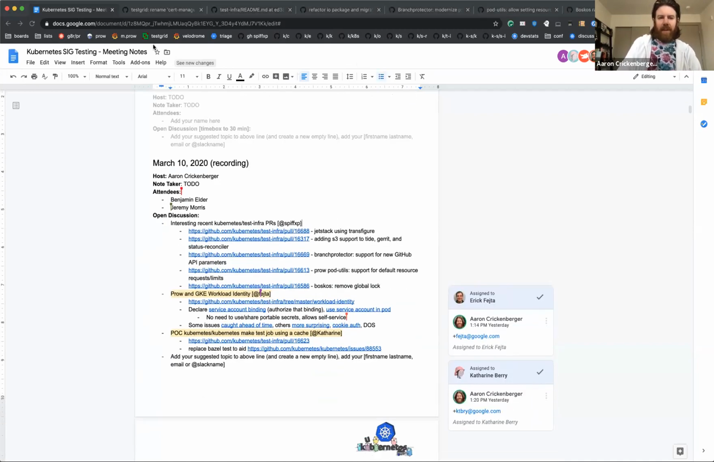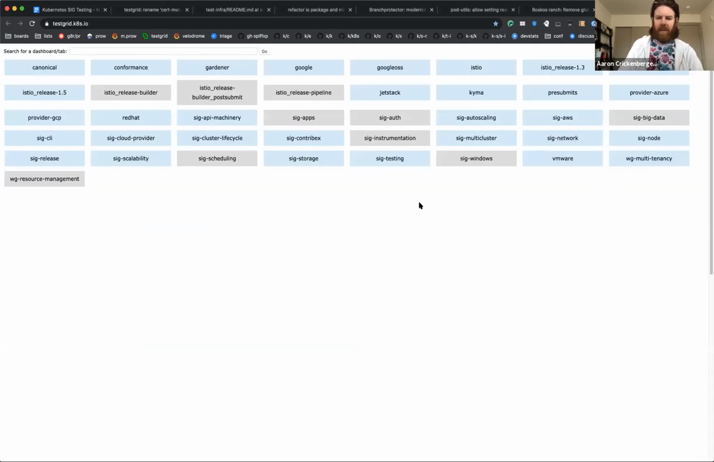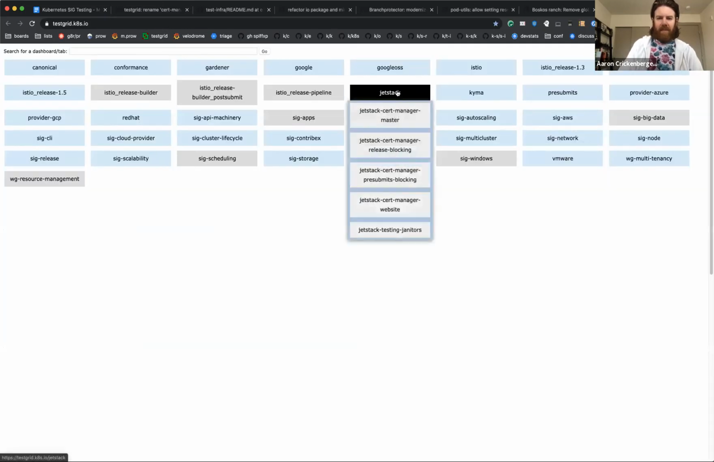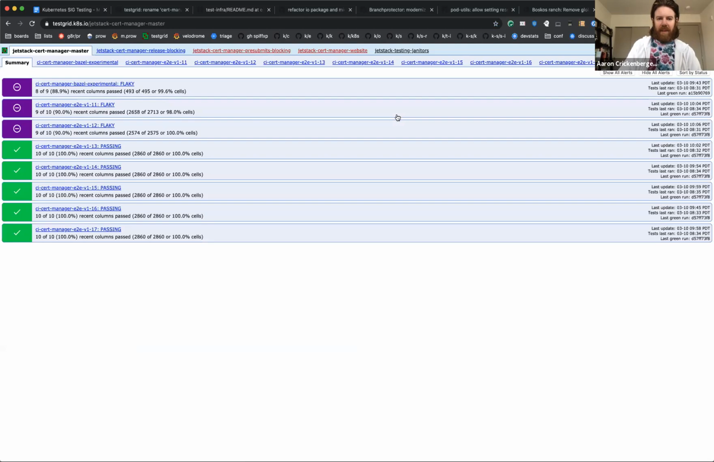So the first thing I wanted to call out was the fact that JetStack has a number of Prow jobs that they want to show up on TestGrid. And they're being good open source citizens, posting test results for things related to Cert Manager, which is a really useful thing for managing your certs for Kubernetes via Let's Encrypt,